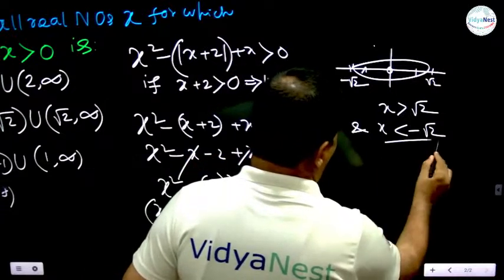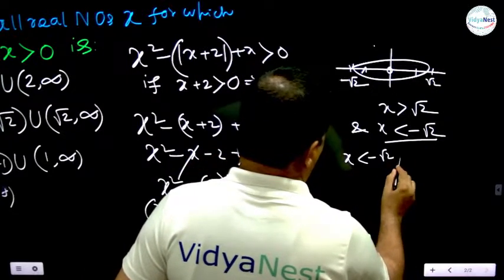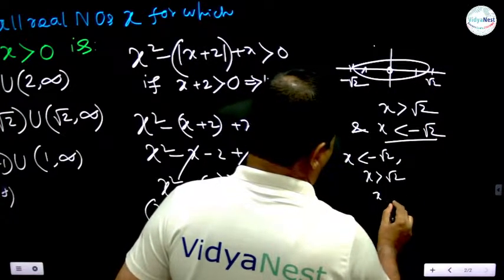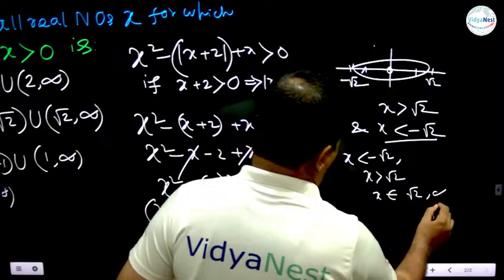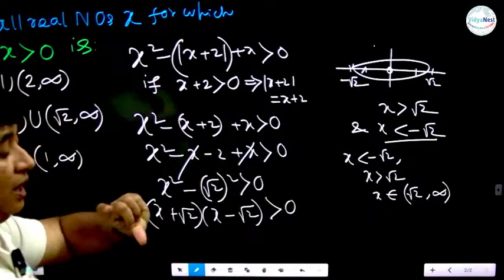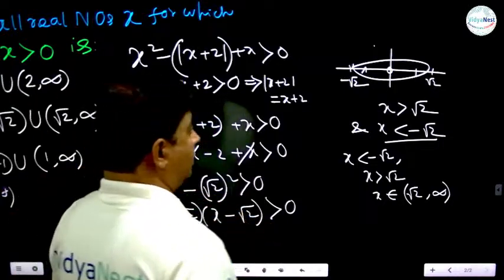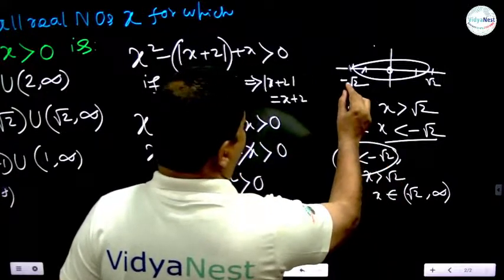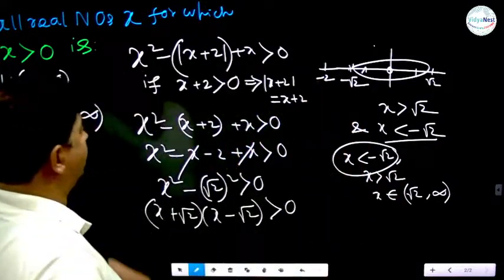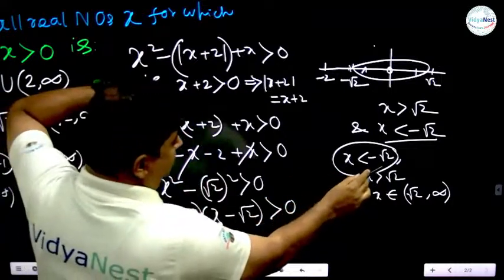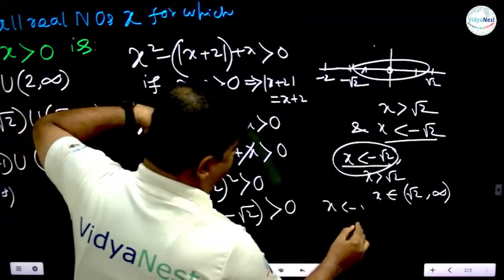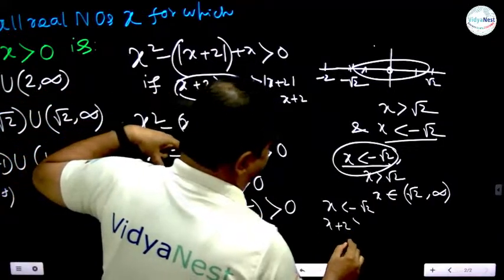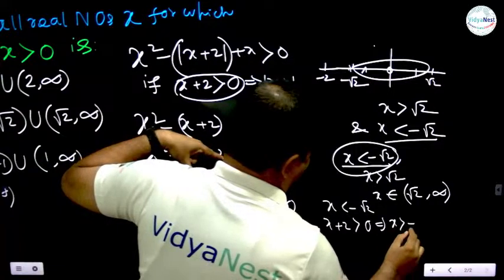देखो यहाँ पे x लेस देन -√2, यहाँ पे x ग्रेटर देन √2। इसका मतलब यहाँ पे x का वैल्यू √2 से इंफिनिटी तक। ठीक है, √2 से स्टार्ट होगा इंफिनिटी तक। यहाँ पे देखो x लेस देन -√2, यहाँ पे -√2 है, यहाँ पे -2 है। जब x लेस देन -√2, तब जो हम कंडीशन लिया उसको भी इस्तेमाल करना पड़ेगा। सो x ग्रेटर देन -2।